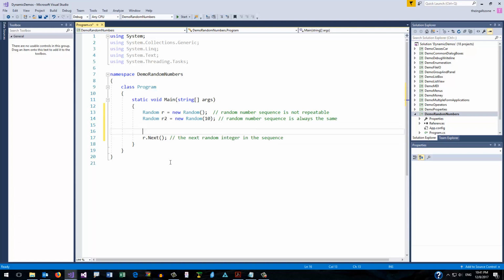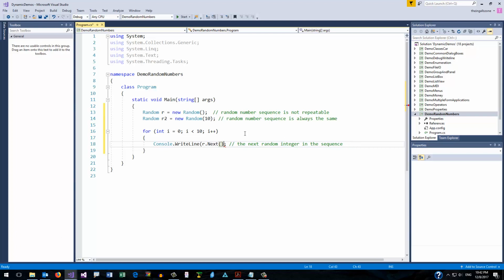So we could call this, say, 10 times. And so that will give me 10 random numbers, and because this is a not repeatable random number object, those will always be different. On the other hand,